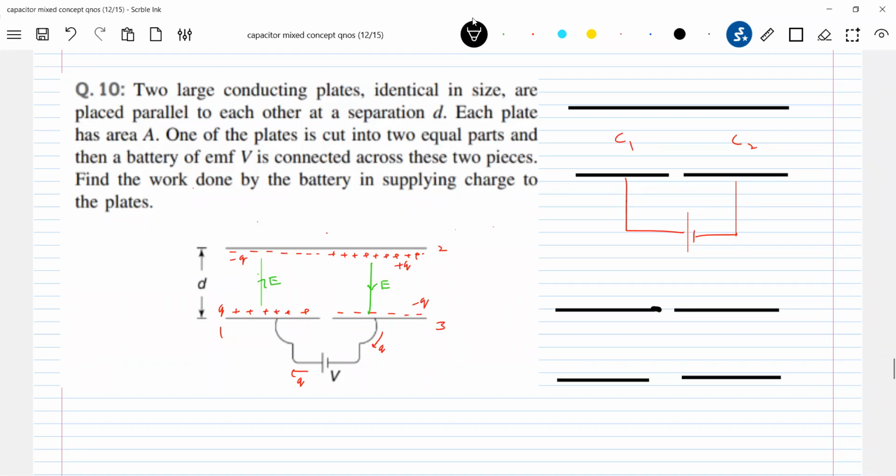Now instead of this, I'll fill up the gap in both the plates. Now what conditions will arise? Sir, the negative charge on plate 3 will have some influence on plate 2. So how can we tell that the left side charge will be minus q and right side charge will be plus q on plate 2? I think you should. I highlighted something. Look at it.